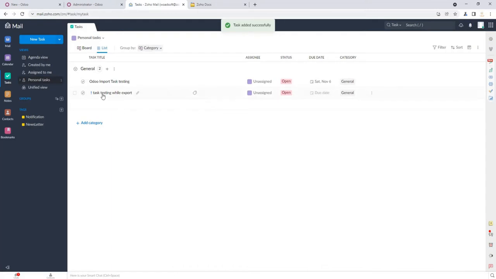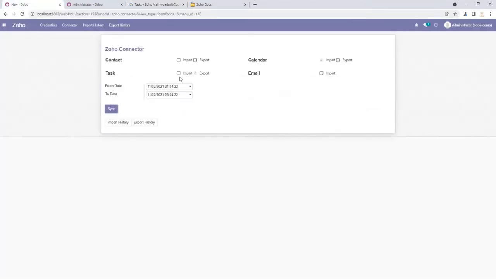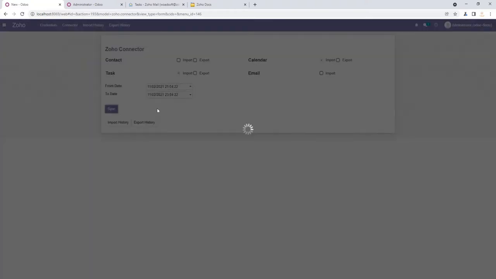Okay, so the task is created successfully in Zoho, and we are going to import that task in Odoo. So I just simply check the import operation and click the sync button. So it will take a few seconds.